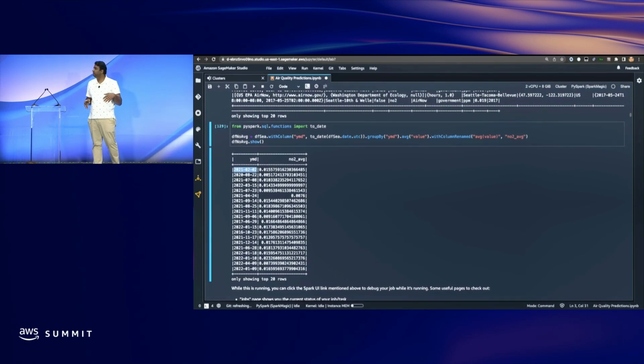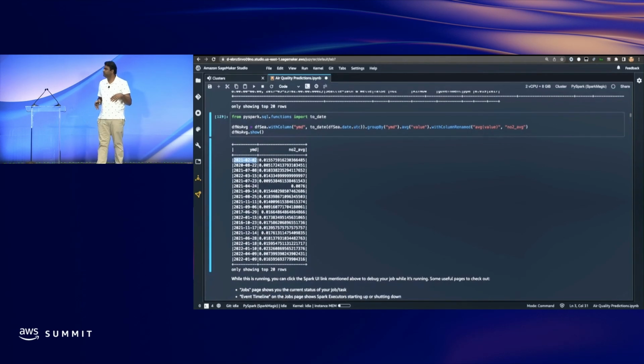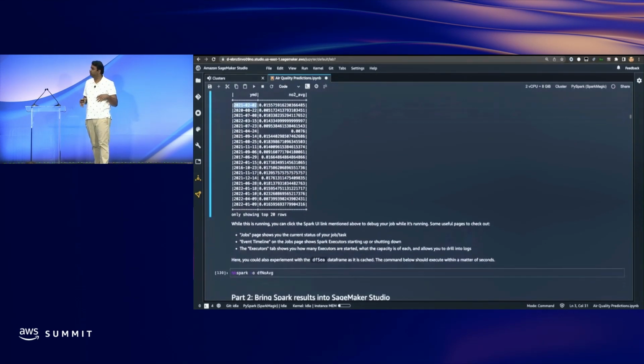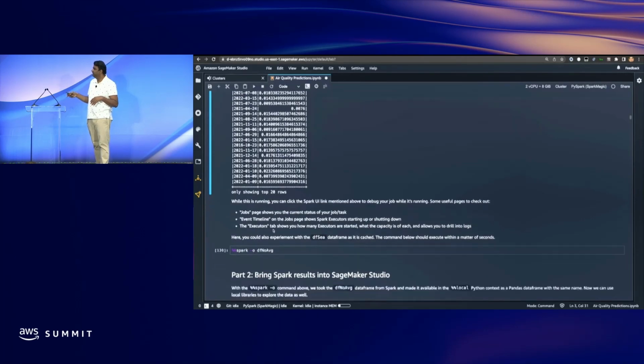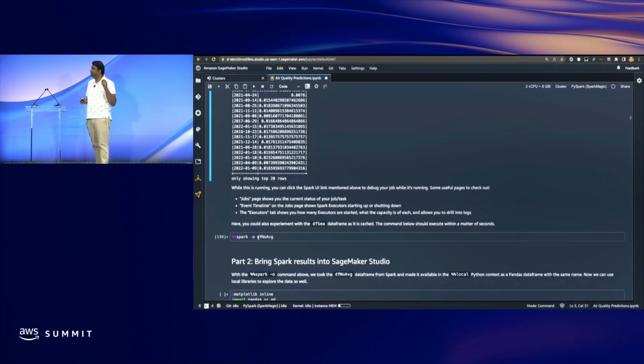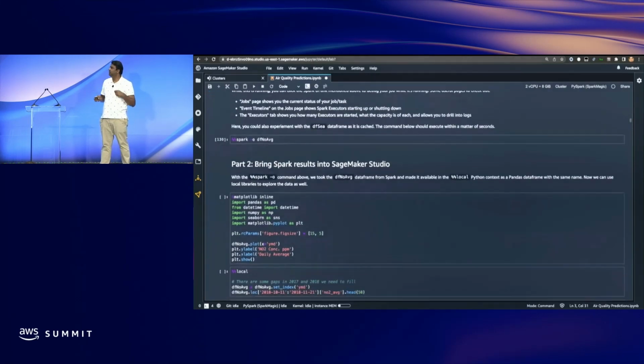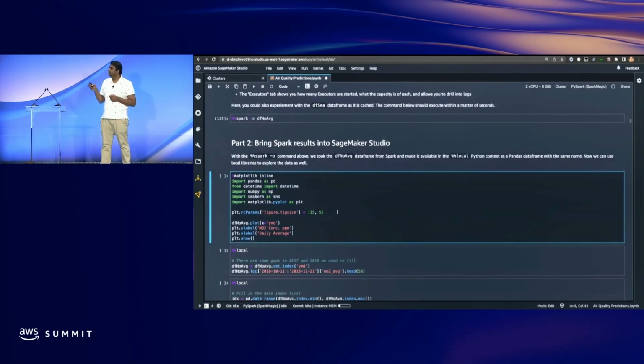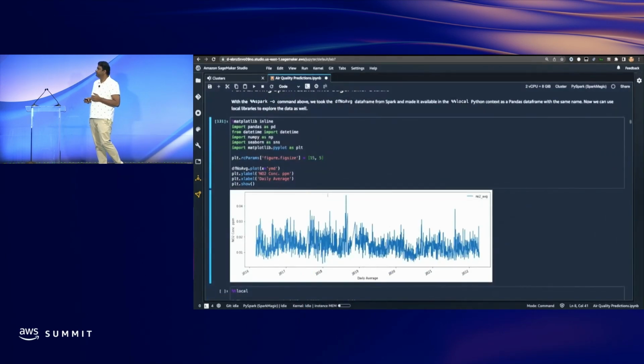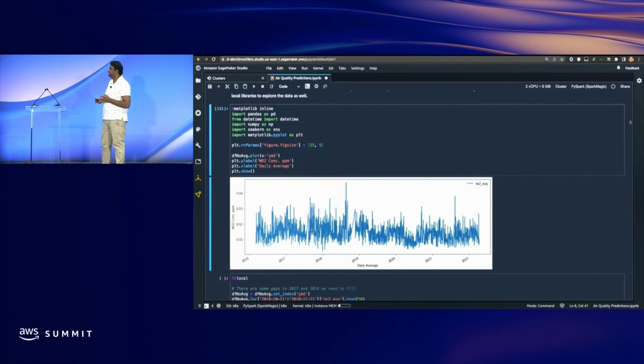Okay, so we have converted the millions of records into a few thousand records to average our NO2 values over a year. And now that we have a data frame with only limited average values, we can directly pull the data frames from Spark into the local notebook. That's the interface you see there, Spark-O def no average on the top. Now that we have this average data set, we'll try to plot it and see. So this is the NO2 average over the different years, the air quality data over different years.